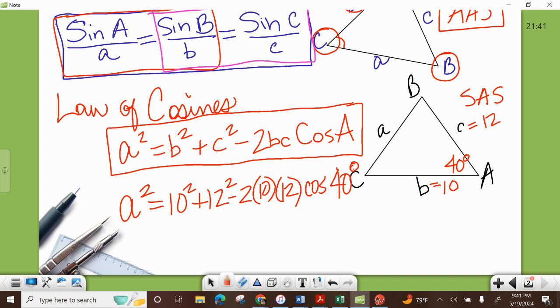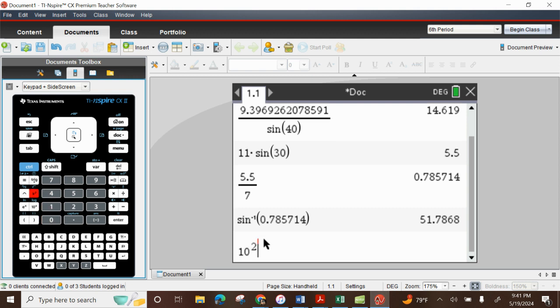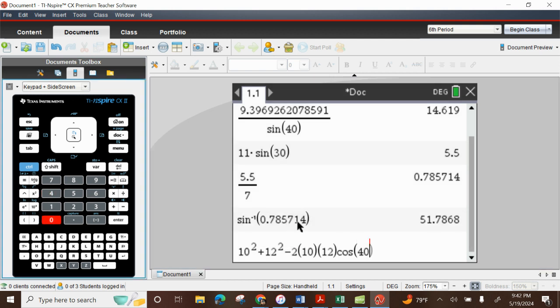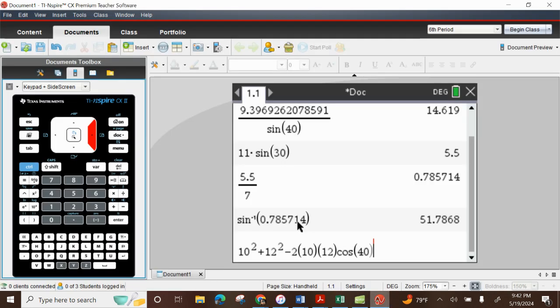So let's go ahead and plug that in. So I'm going to have 10 squared plus 12 squared minus, let me move that cursor out of the way. There we go. 2 times 10 times 12 times the cosine of 40. So you can see this is exactly what I have on the other screen. 10 squared plus 12 squared minus 2 times 10 times 12 cosine of 40. Now when I enter that into the calculator, I get